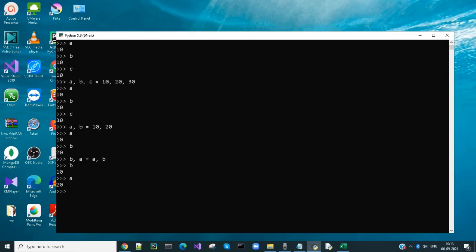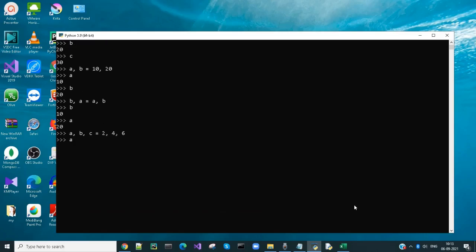Let's try some more examples. a, b, c is equal to 2, 4, 6. Now the value of a is 2, b is 4 and c is 6. Now let's swap the values. b, c, a is equal to a plus 1, b plus 3, c plus 1.